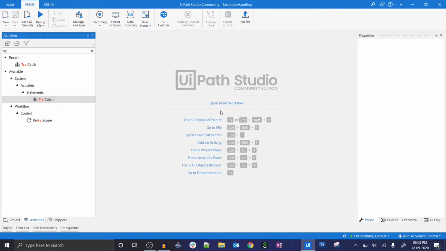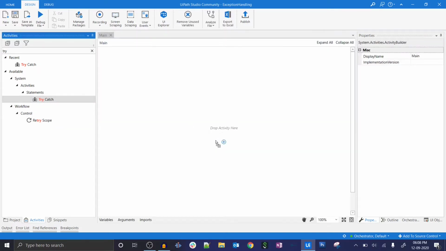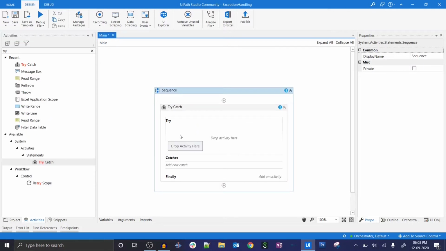First of all, I just want to give you a brief idea of how this try catch works. Basically we have three blocks to handle any kind of exception: try, catch, and finally. Here we have catches, so more than one catch. What is the use of the try block, the catch and the finally, we will see here.